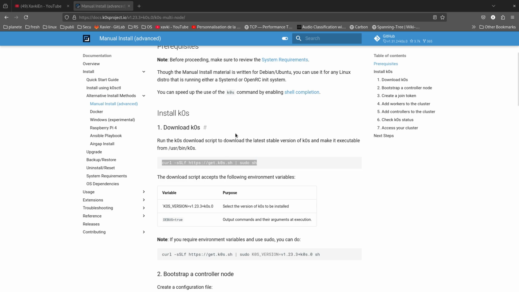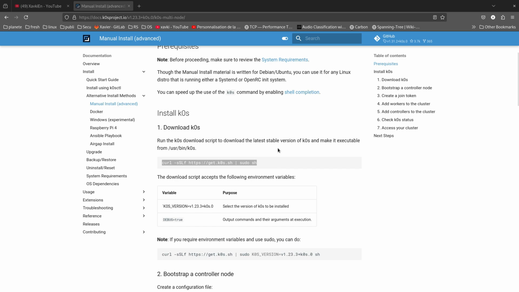Be careful. We can trust K0s because these are Mirantis tools, but don't forget that sometimes a hacker can inject a shell script like this, and if you don't check your script before piping it to a sudo shell, you don't see anything, and maybe you just install malware on your laptop or virtual server.